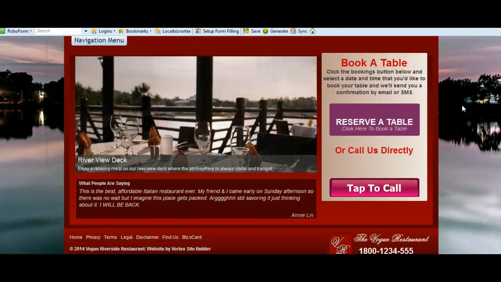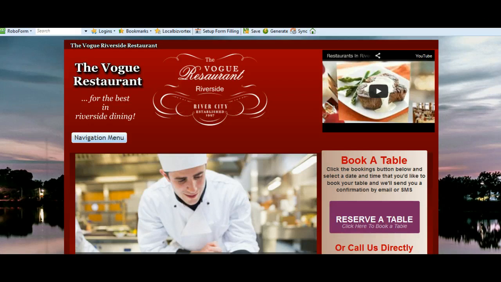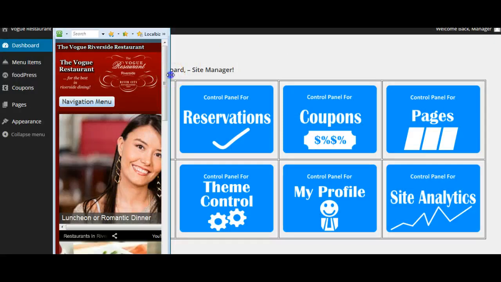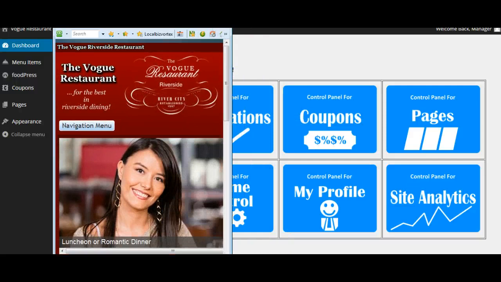Maybe they're not happy with their current site, maybe they have a current site but they want a mobile site, and this has been specifically designed with mobile in mind. It works fantastic when it's reduced down. You can see I've just reduced it there, and as the window resizes, so does the responsive styling of the